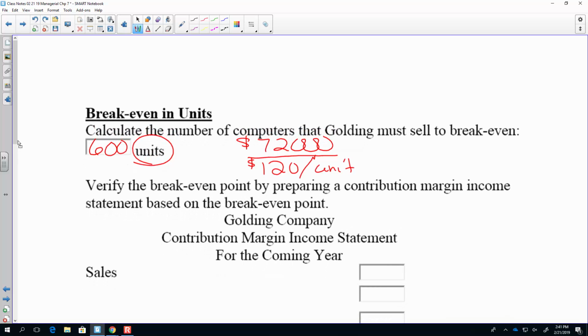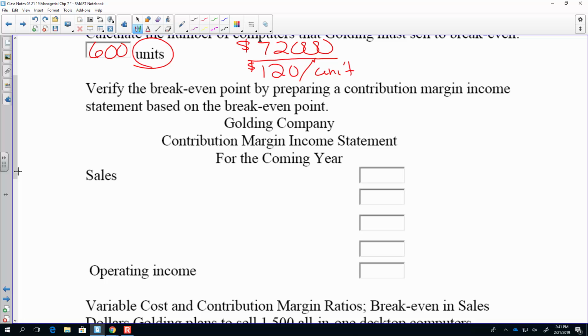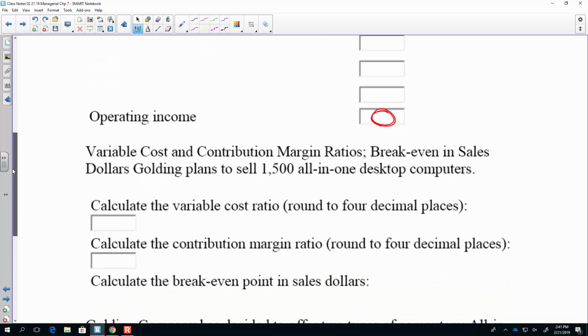Whoops, sorry guys. Now they want us to verify it by creating an income statement. That's too much like work. I'm going to forget it. On a break even, if I sell at break even, what should my profit be? 0. 0, right? So that's the definition of break even. All right. Going forward then,